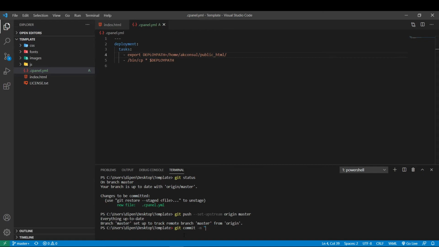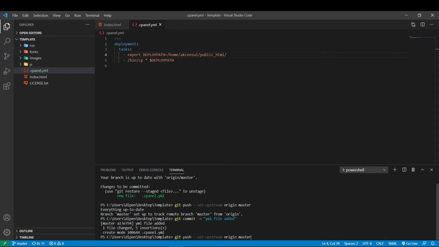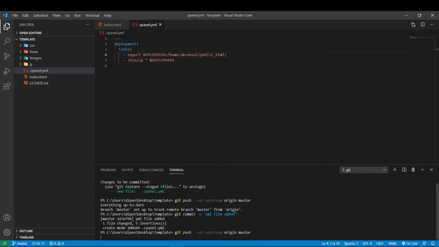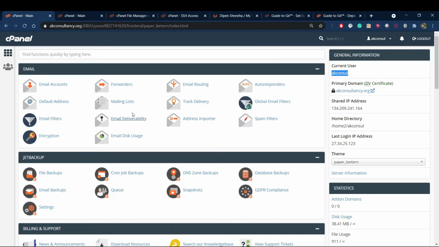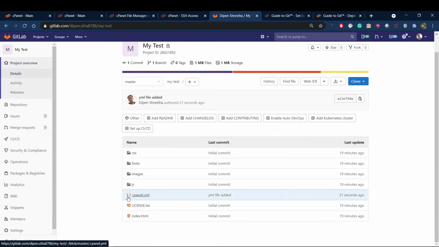Let's say YML file added. Now push that branch to the master. Now the cpanel.yml file has been successfully uploaded into the repository. As you can see inside the repository, here is the cpanel.yml file.